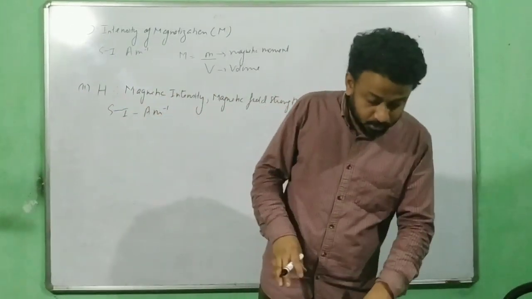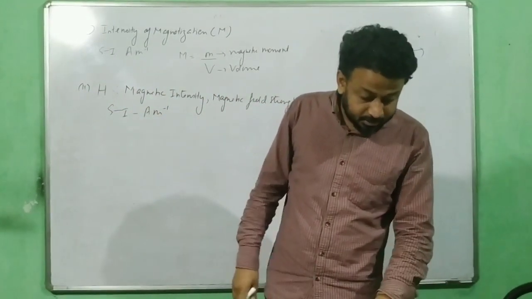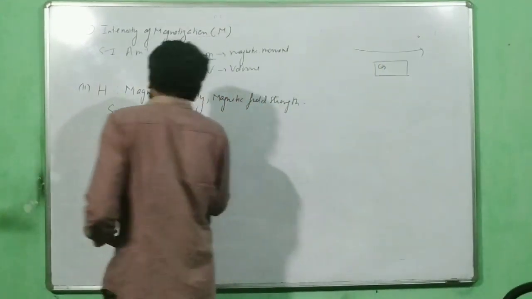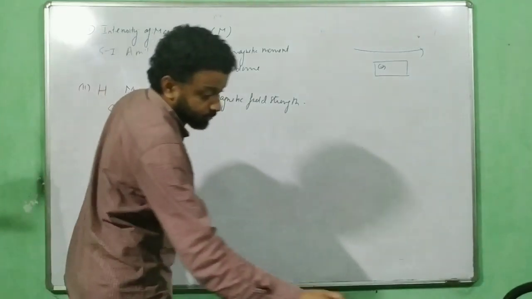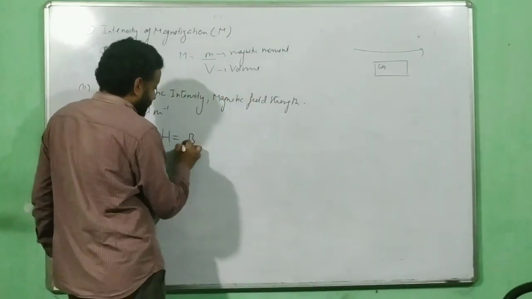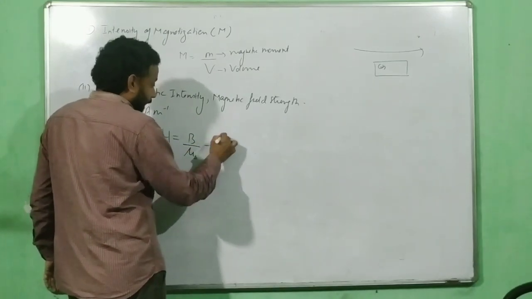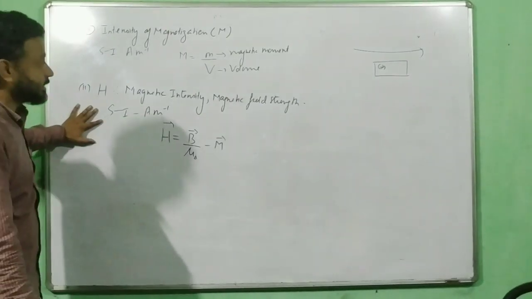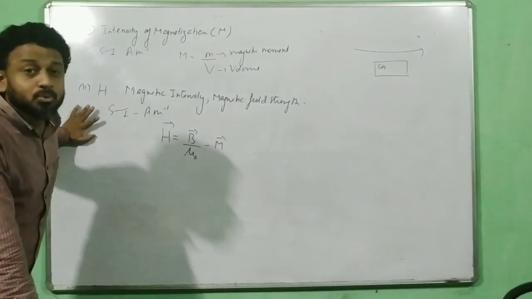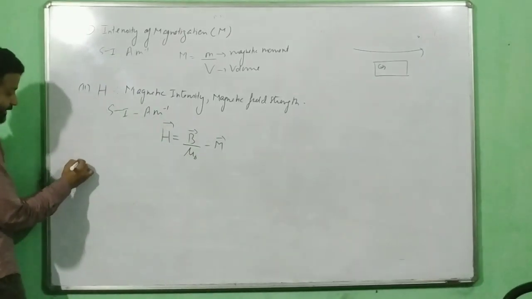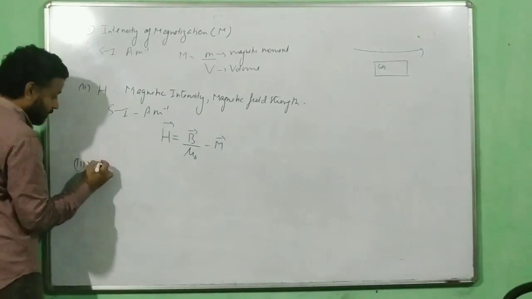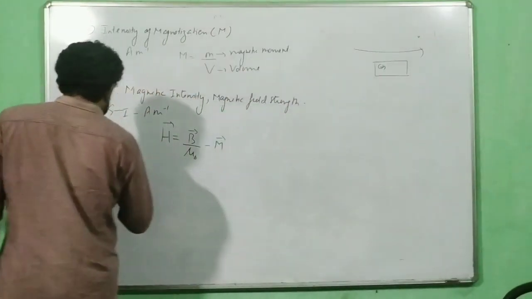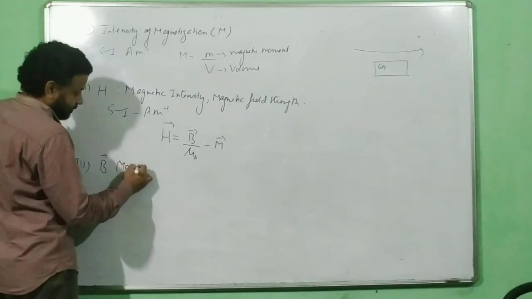Okay. So if you look for a definition, there is no such definition, because we use this quantity in a vector relation. And that vector relation is like this. If you want to write, you can write: H is B by mu naught minus M, and this will become clear to you slowly. So this is magnetic intensity, magnetic field strength, something to do with the external field. This is how you remember it. And what about B? What is B? B is defined as magnetic induction. This is called magnetic induction.